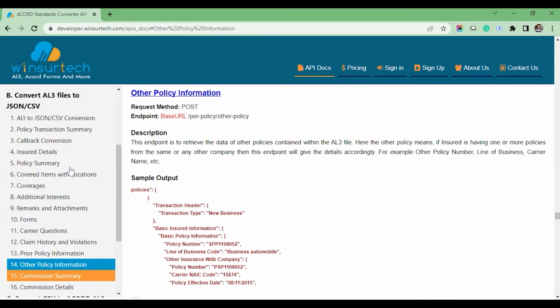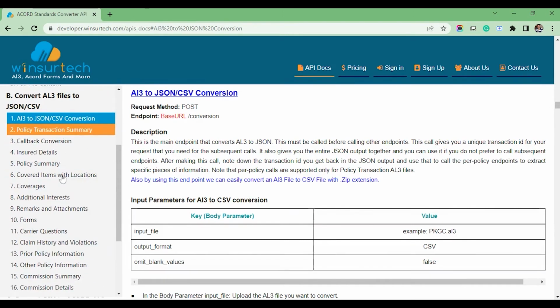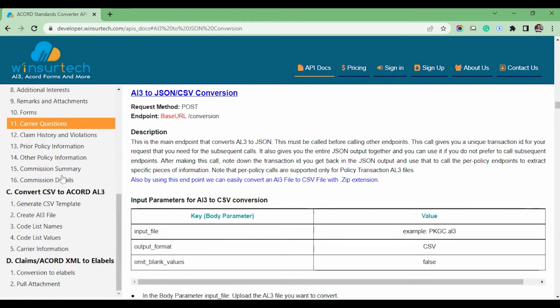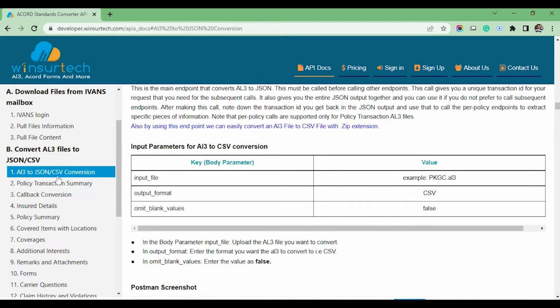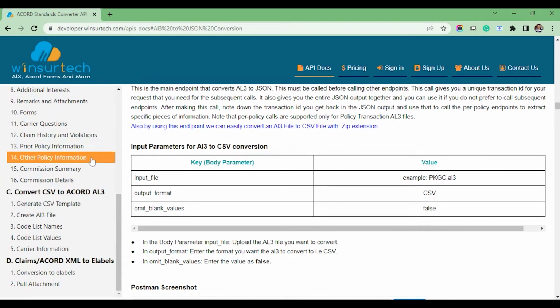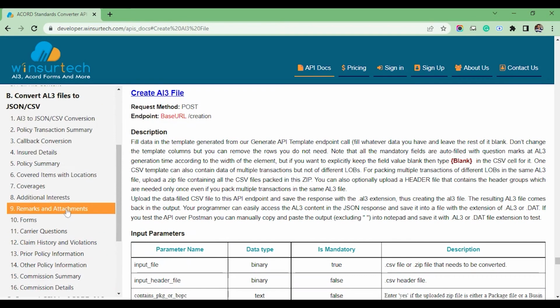With the CSV download, you get the CSV file. You get the data well structured, well displayed inside the CSV file in an easy to read format. The good thing about the CSV format is that by just changing the values in that CSV data and feeding it back to the create AL3 files endpoint, you will get a new AL3 file, so you can easily create a new AL3 file when required. But if you don't want to use an existing AL3 file as the template,